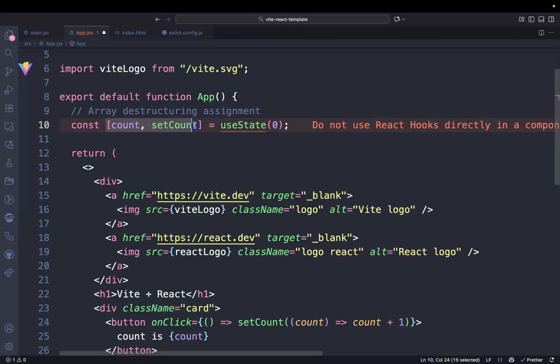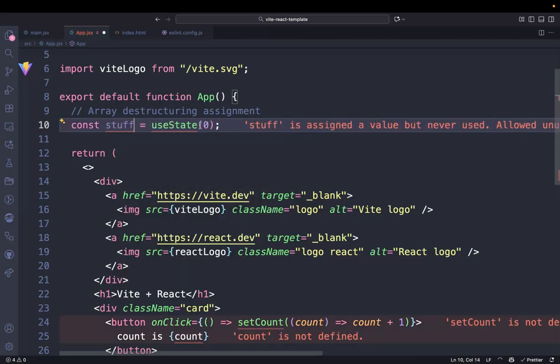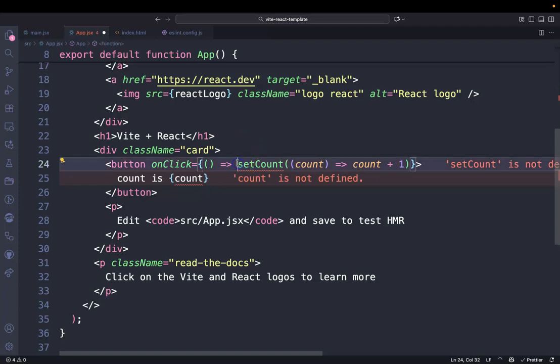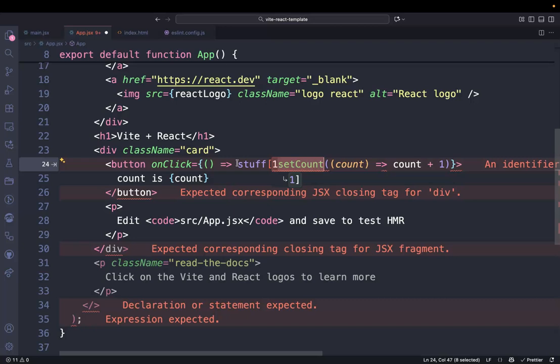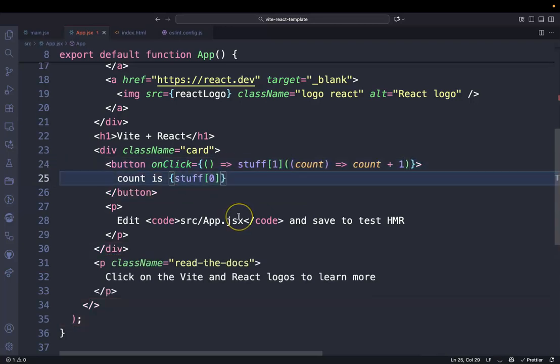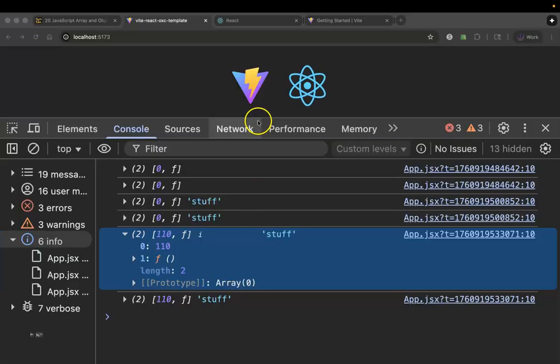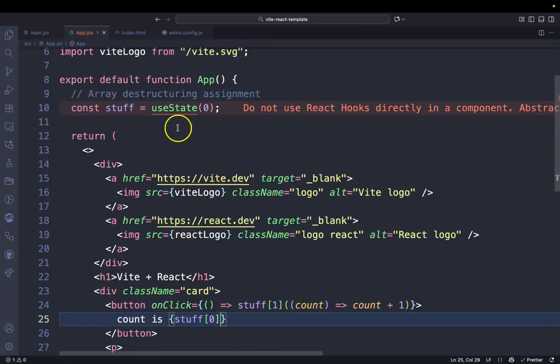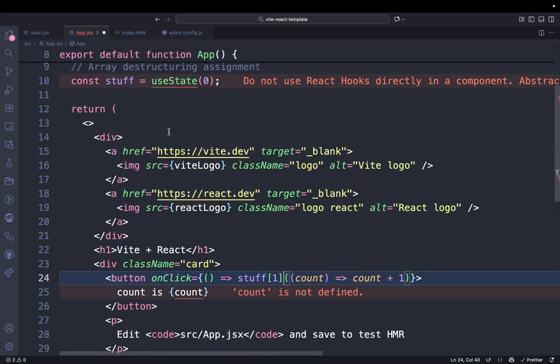Let me do it again like the weird way that I had it before, just calling it stuff. And then I'll say stuff bracket 1 and stuff bracket 0. And you'll see the app still works. It still renders and all this stuff. But this is just not a great way to do things, and that's why it's very common to use array